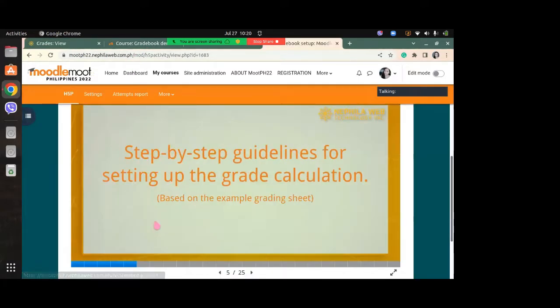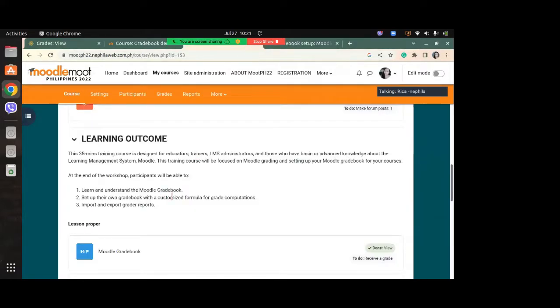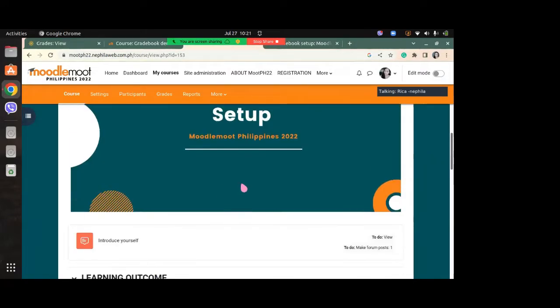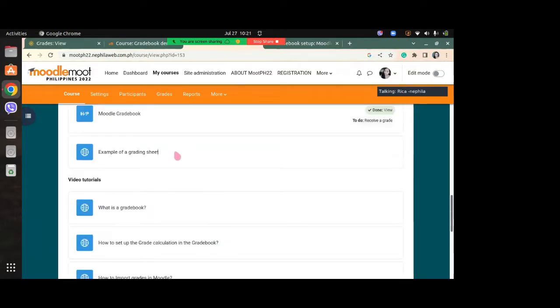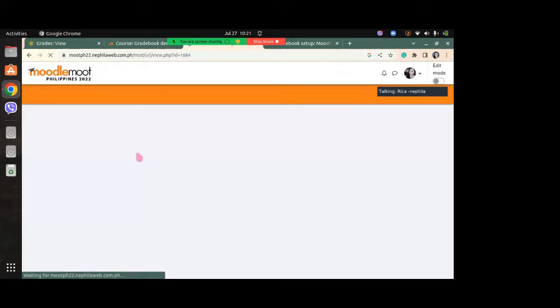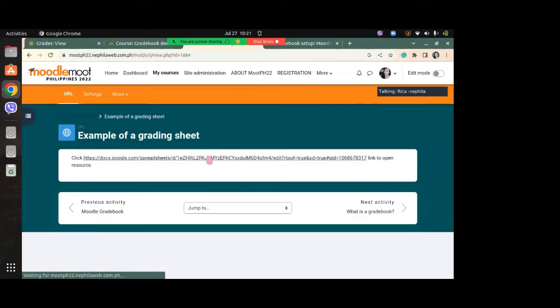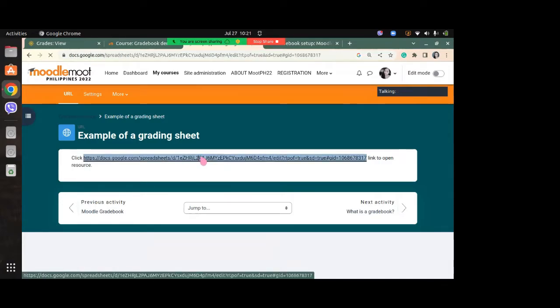Step-by-step guidelines for setting up the grade calculation based on the example grading sheet. The template grade is available here in the Moodle Gradebook setup course. Scroll down and then click the example of a grading sheet, and it will directly go to the grading template. And based on this template,